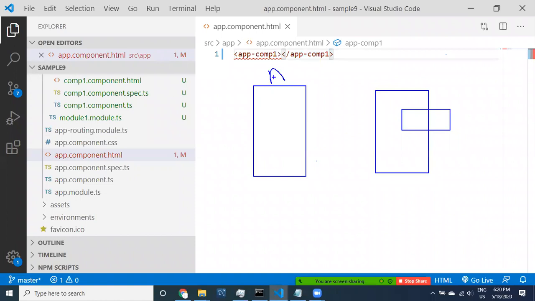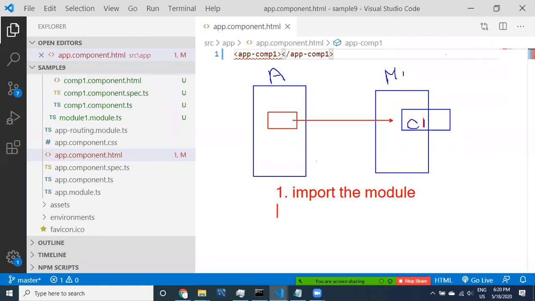This is the app module, this is module 1, this is comp 1. Now from the app module we want to call component 1. To do so, I need to do two steps, guys. Step one is import the module, and step two is export the component.